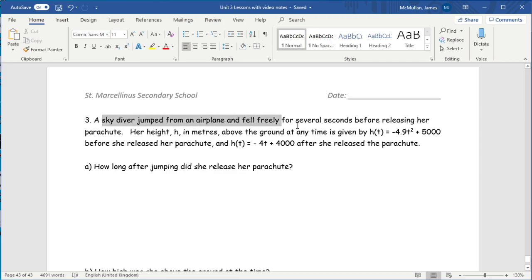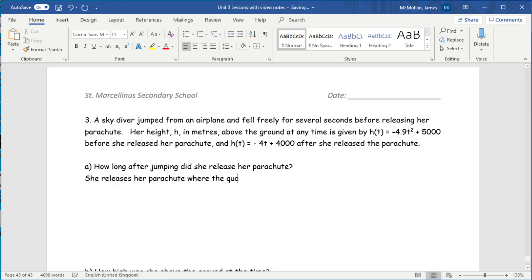So it says a skydiver jumped from an airplane, fell freely for several seconds before releasing her parachute. Her height in meters above the ground is given by this equation before she released the parachute, and then this equation after she released the parachute. The question is, when did she release the parachute? So you can imagine she's falling in a quadratic way until a certain time, and then she starts to fall in a linear way. And obviously the moment where those two things meet is going to be the moment when she released her parachute. So let's write down, she releases her parachute